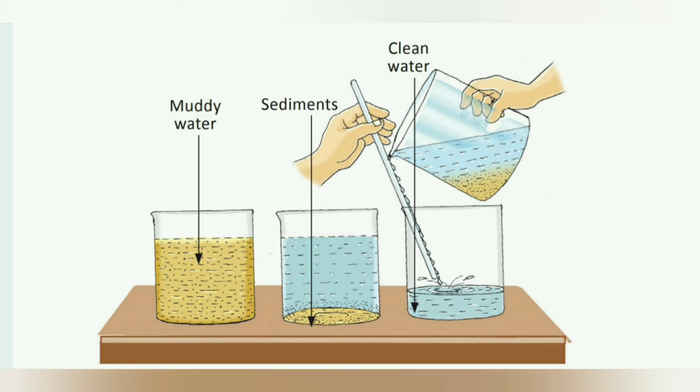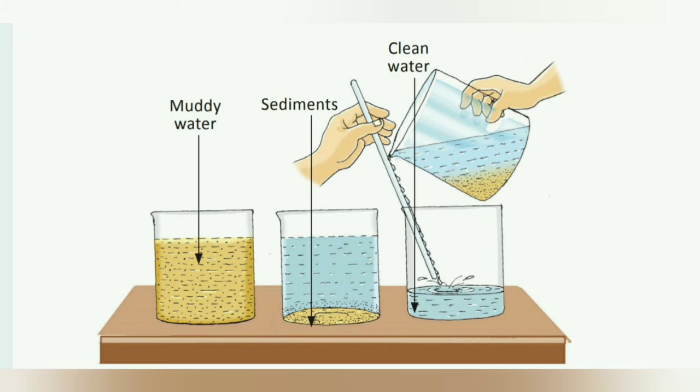You can look at this brown color. These are impurities and we call them sediments. They settled down at the bottom. And this process is called sedimentation. After sedimentation, as you can see, the clean water can be slowly poured out into a separate container. Look at this picture. This clean water can be poured out into a separate container and this process is decantation.